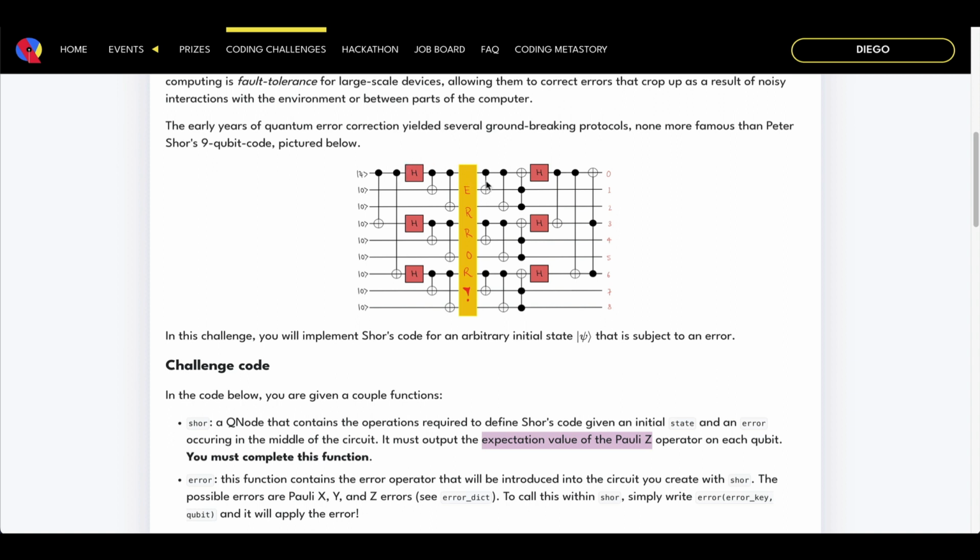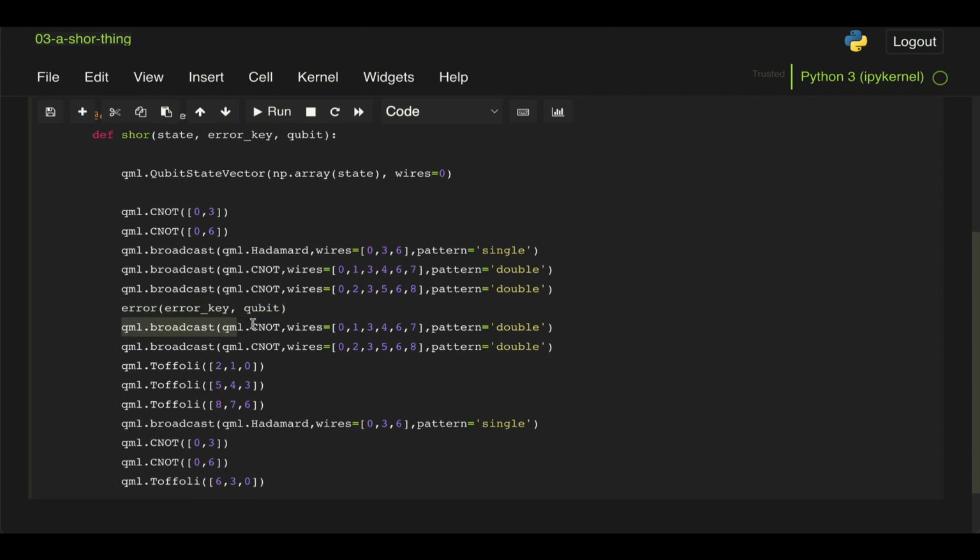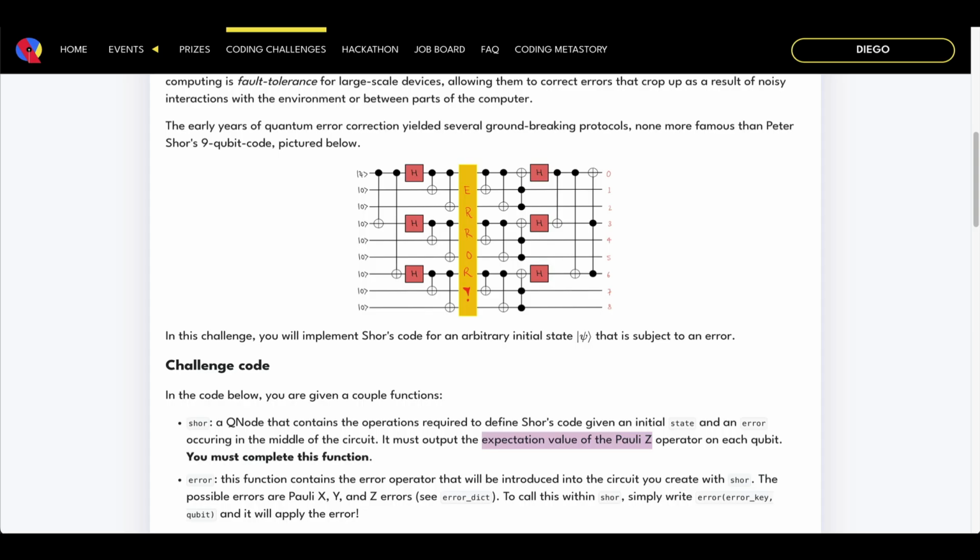We just have those same CNOT gates, and then we have some Toffoli gates, and then the Hadamards again. And as you can see here, I have, again, using this broadcast, the CNOT gates, the Toffolis, and then broadcast to apply the Hadamards, and then a few CNOT and Toffoli gates here at the end, right? Now,